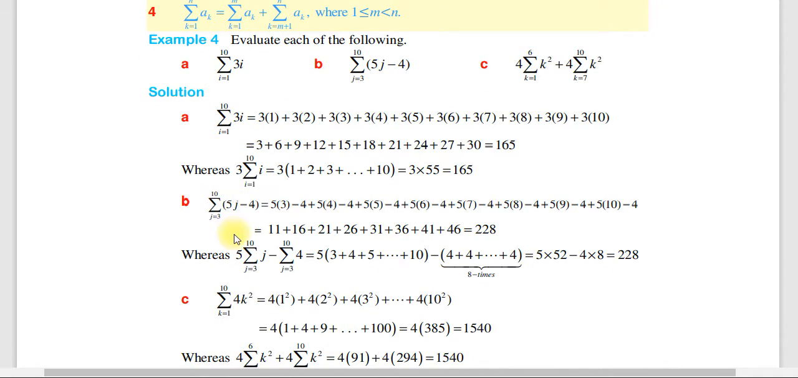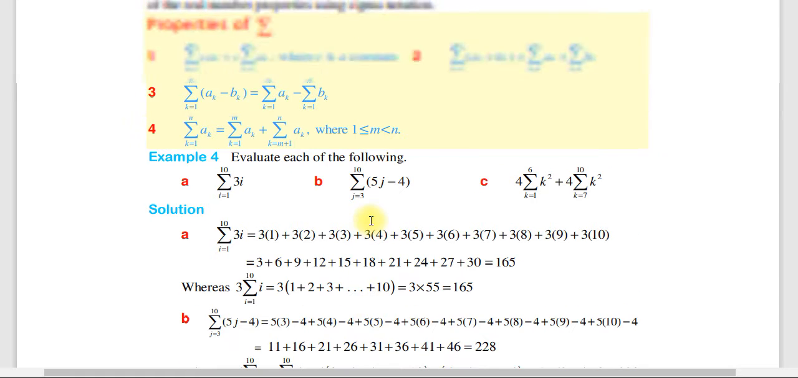ሌላ ደግሞ ቢ ላይ the summation of 5j minus 4, j starts from 3 up to 10 ኦኬ አሁን በመተካካት እስኪ j ላይ 3, 4, 5, 6 እያልን እስከ 10 ድረስ በመተካካት ስናሰላው 228 መጣ። ሌላ ሩል ተጠቅመን የቱን ማለት ነው? ይሄንን ሩል ተጠቅመን ሶስተኛውን